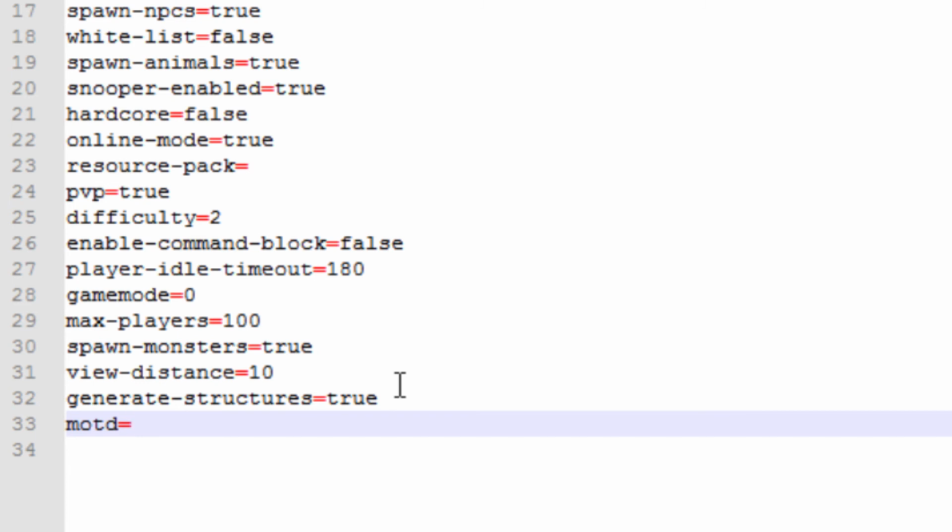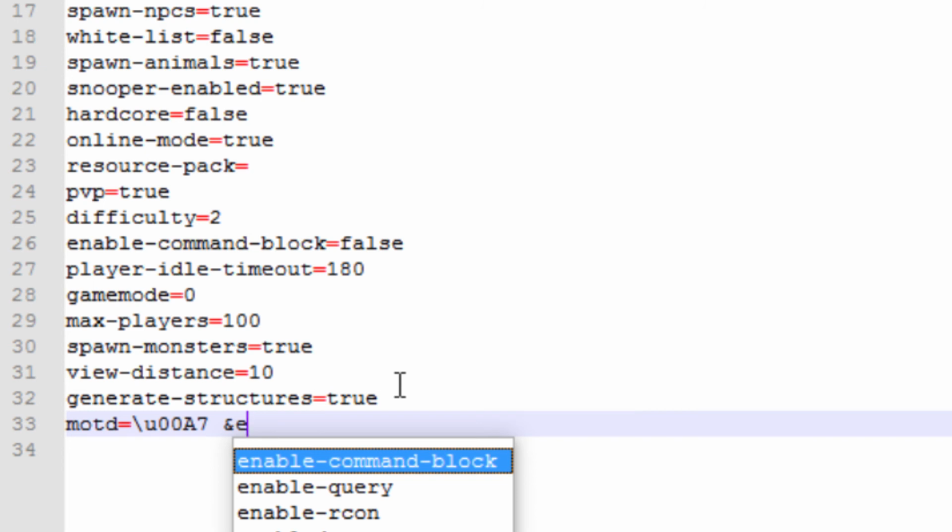Alright. So first you put the slash, you put U00A7. This is the base code for all the color schemes. So for example, if in your server you want gold, you have an E. That's what your yellow is in your server.